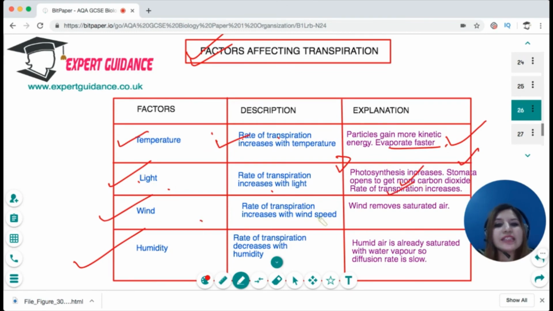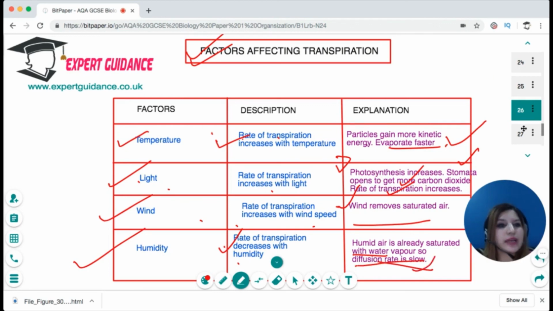Wind, as the wind speed increases, it moves away all the saturated air, increasing the concentration gradient of the water vapor, increasing the rate of transpiration. Humidity, as the humidity increases, the rate of transpiration decreases. Why? Because humidity will make the air saturated with water vapor, decreasing the concentration gradient, so the diffusion rate of